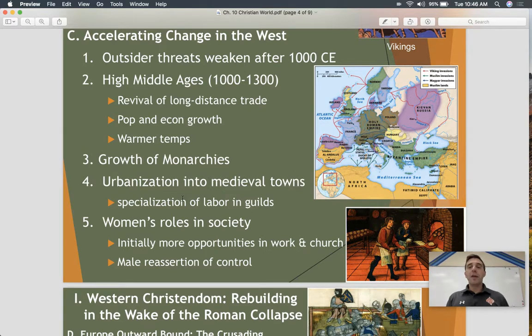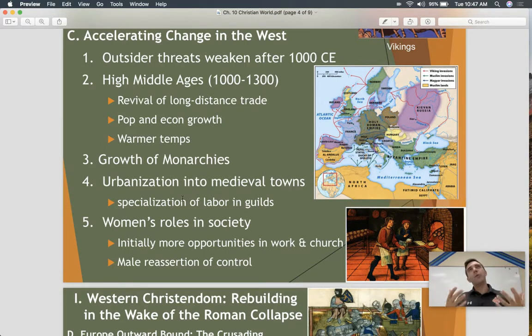So you're also going to see the change of women's roles in society. So initially, early on, when there's less political authority, there's more opportunities in the work and in the church. We talked about women being nuns in the Christian world. And this is kind of a common theme, if you see this. When there's less central political authority, women usually have more freedom because there's less rules, laws, and things put in place. And men kind of need women to be more